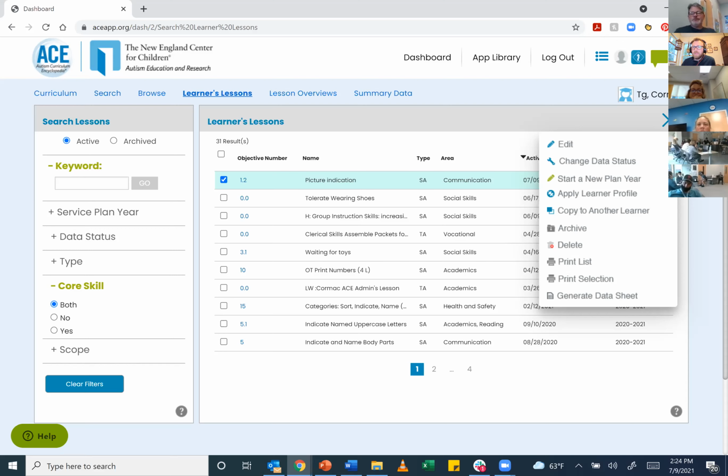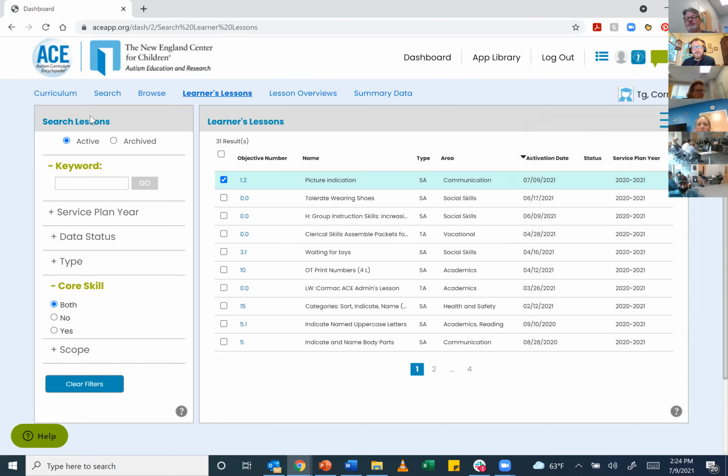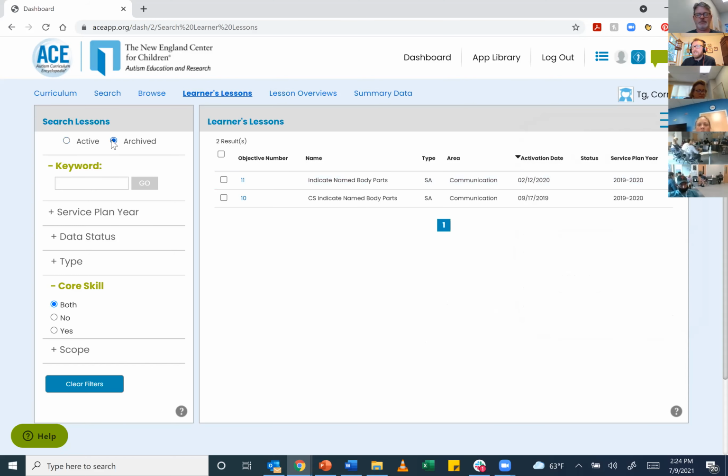I'm going to close down my action button and refer you over to the left-hand side where the filters are. You can see that right now I have active lessons selected. I'm looking at Cormac Junior's active lessons. If I click on archived, there are the two lessons that I currently have in archive for him, lessons that I taught